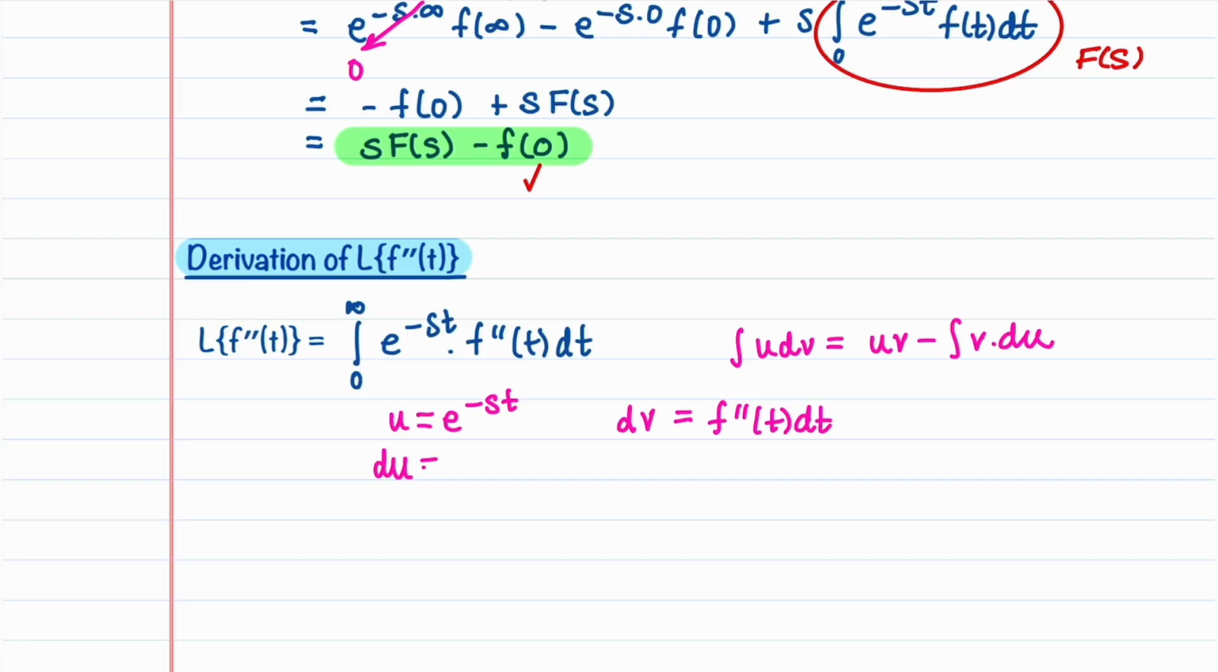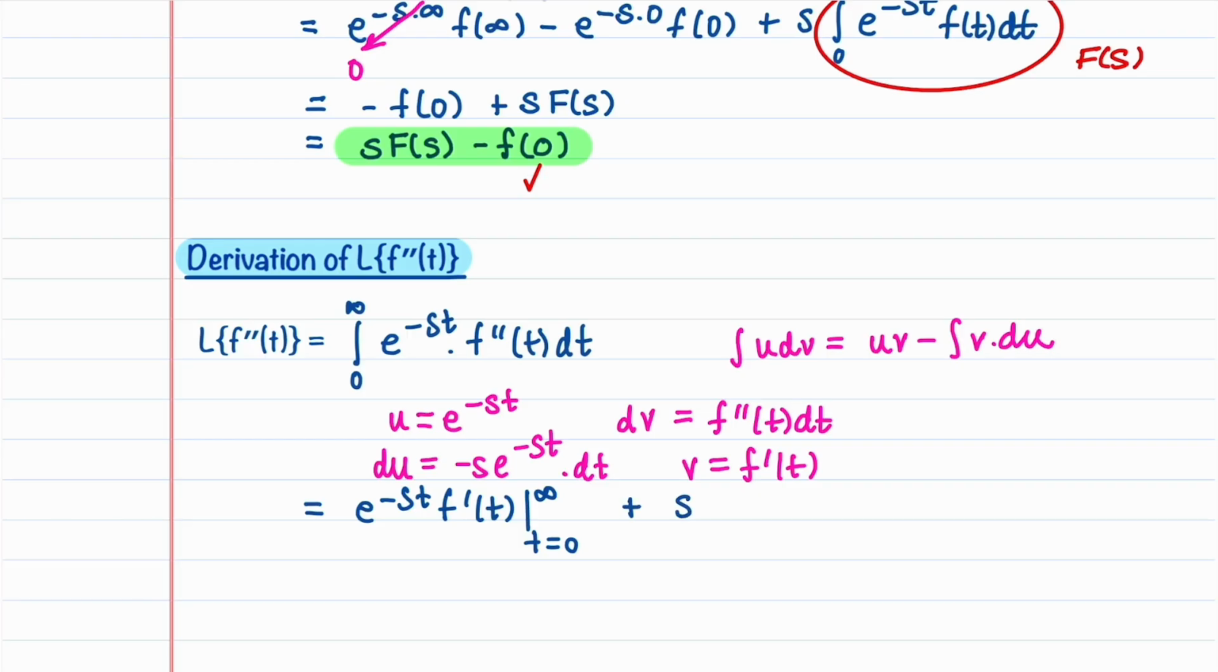Our du is minus s e to the minus st times dt, and v is just f prime of t. This gives us u times v, so this is e to the minus st times f prime of t, evaluated from t equals 0 to infinity. And then we have minus a negative, so let's make that positive, and we'll pull out the s, so we have plus s times the integral from 0 to infinity of e to the minus st, f prime